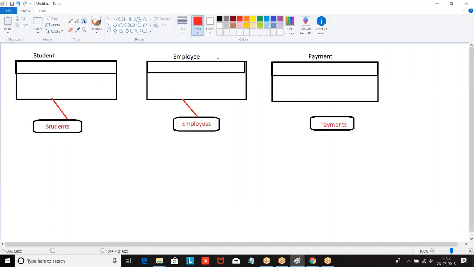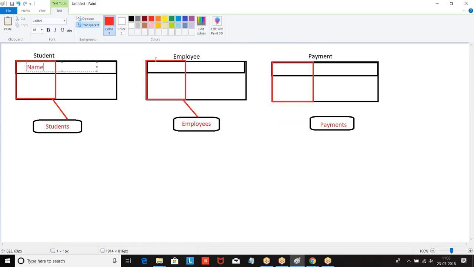Record name, label. Every custom object you create in Salesforce, one standard field will be created by Salesforce. What is that field? This field will be created on every custom object, and it is a mandatory field. You cannot leave this field blank. You are supposed to enter the data at any cost.